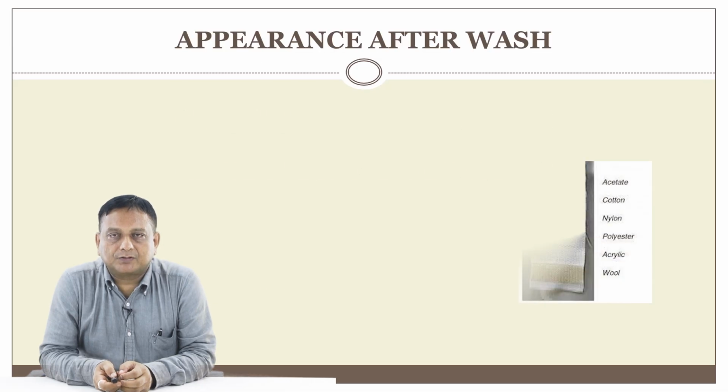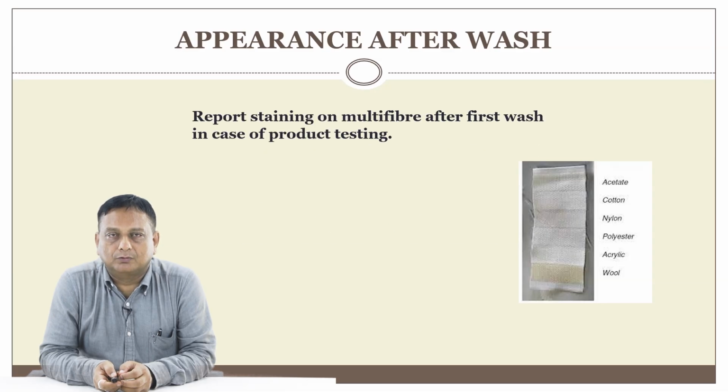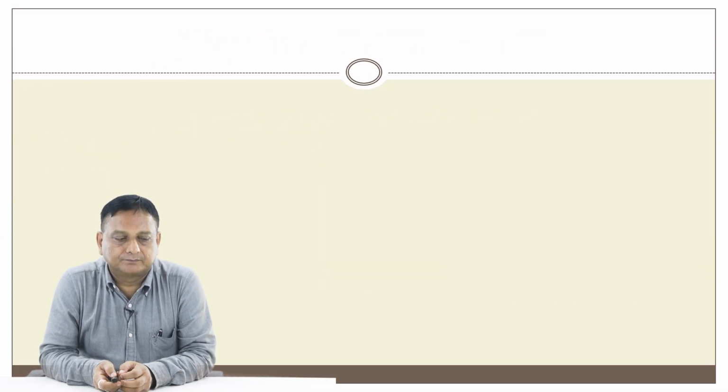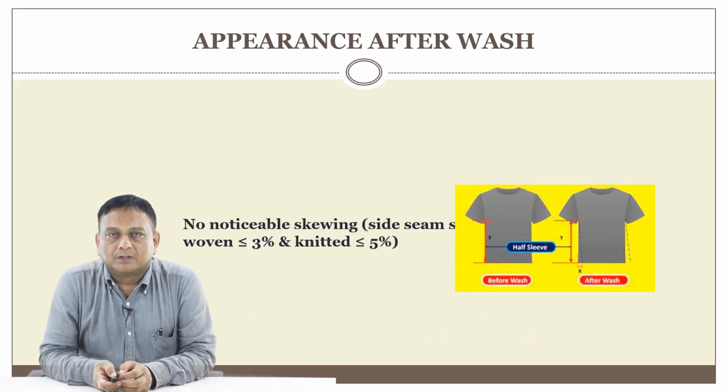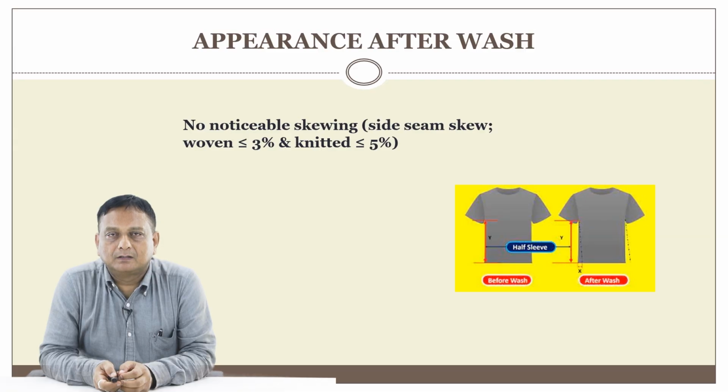Now, appearance after wash: during the time of washing, we must stitch some multi-fiber strip into the garment. Acetate, cotton, nylon, polyester, acrylic, wool, those are the fibers available in that strip. So staining on the multi-fiber after first wash is a must in case of product testing. Appearance after wash also talks about spirality, or skewing, or side seam twisting for knitted garments and